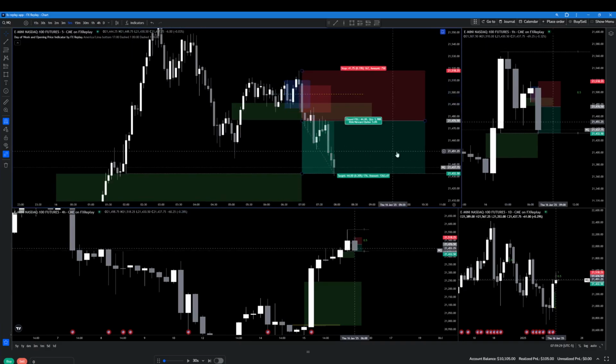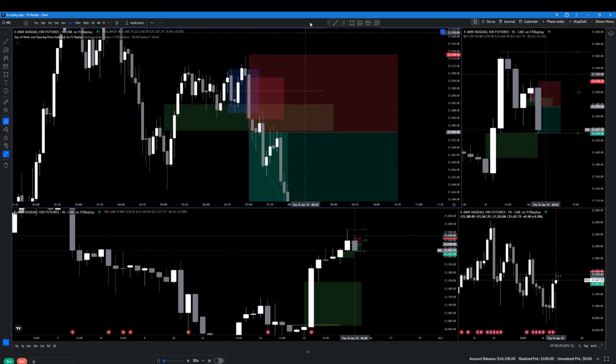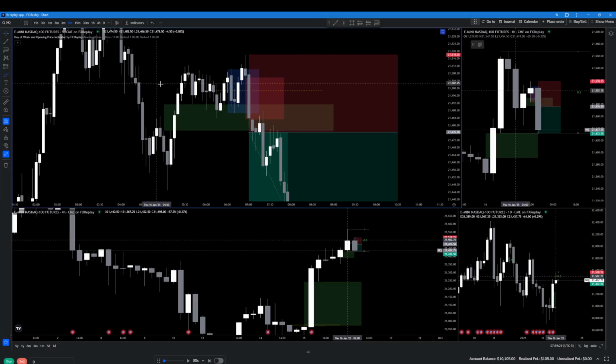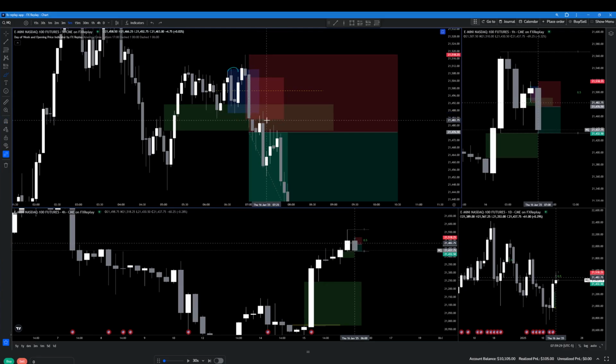So I know I haven't covered a lot of OBs and breaker blocks, but a breaker block is just an order block that fails. So here you've got a series of down close candles, then a close above it. This now creates an order block. Once we come back through it and close below, that now creates a breaker block, a broken OB, with a perfect backtest into